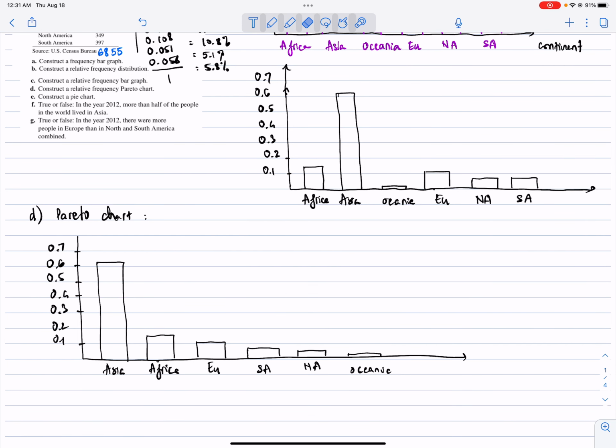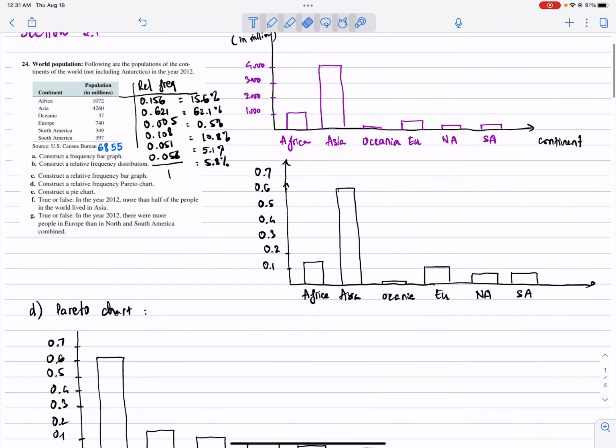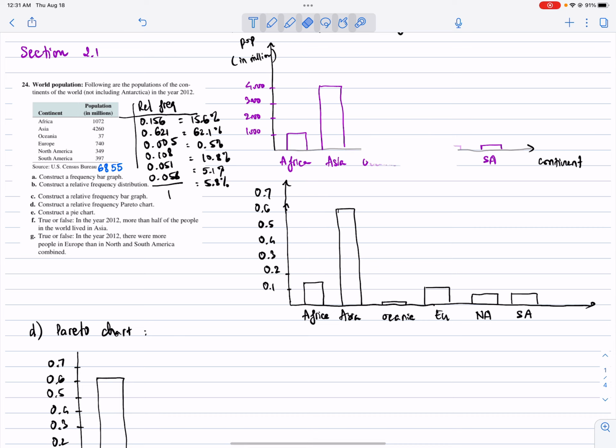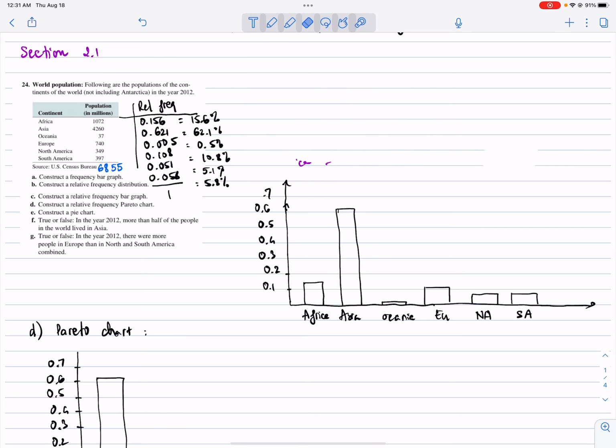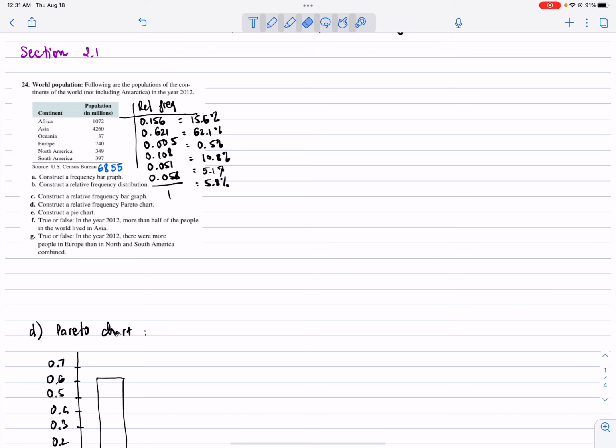Now part E, we need to construct a pie chart. To construct a pie chart, it's better for us to use the percent numbers. Since we already converted to percent in here, let me erase the one on the top, and we should use those percent numbers, easier for us. So let's explain the pie chart. A pie chart is just like a circle graph, okay? So if you look at this circle,